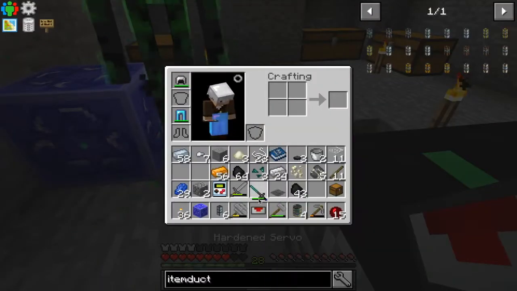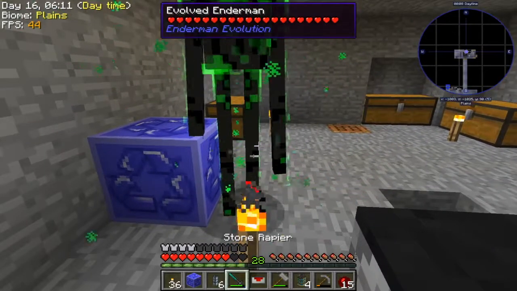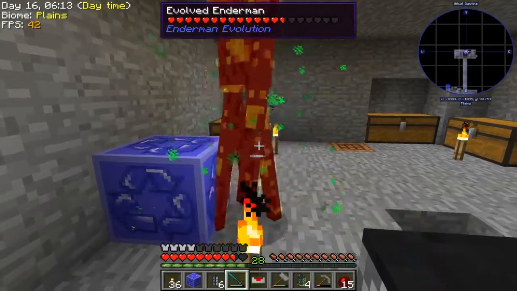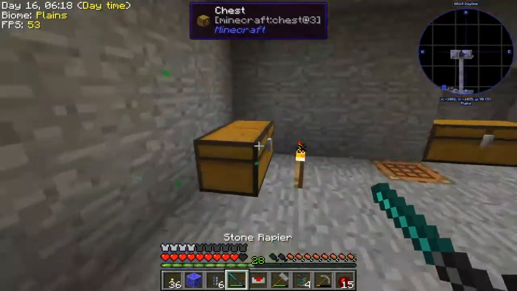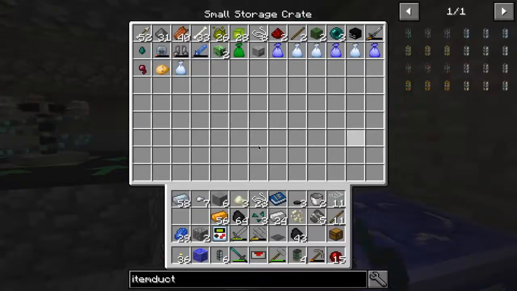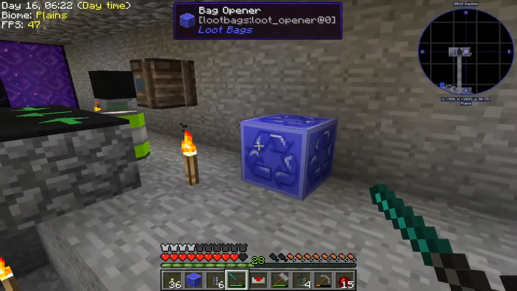That was close. I really hope a creeper doesn't fall down on me right now. That would be unfair. At least we might get some ender pearls from this. There we go, I'll put them... Oh, they went in the hopper, didn't they? Perfect. So what we're going to want to do...